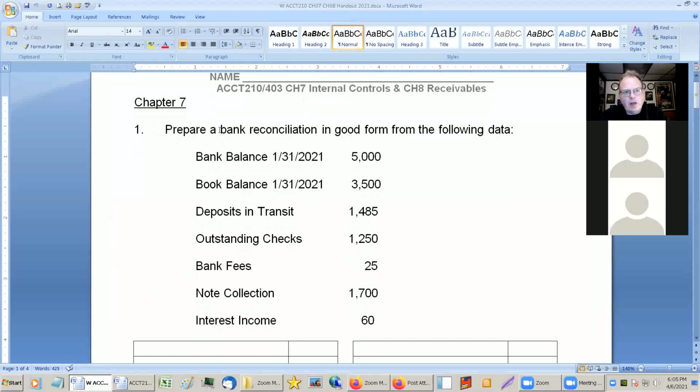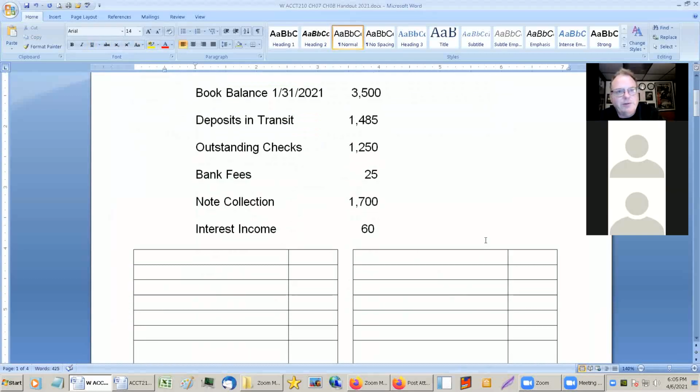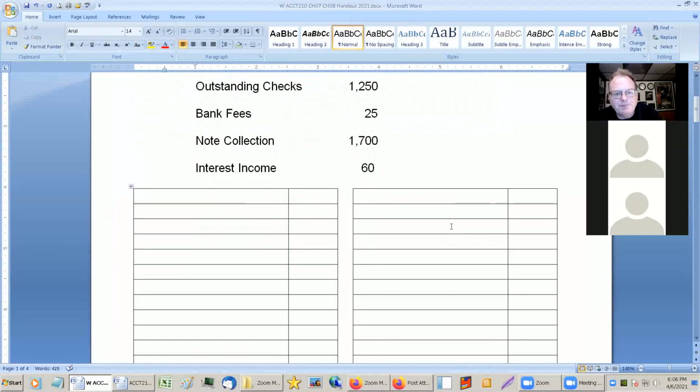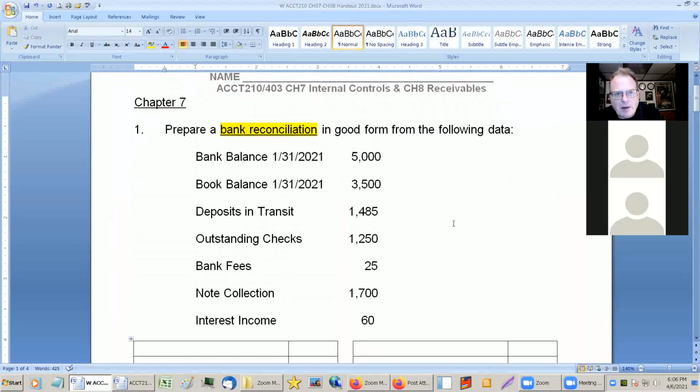And we do what they call a bank reconciliation, which for many of you is going to be new. So, bank reconciliation. What is a bank reconciliation? It is